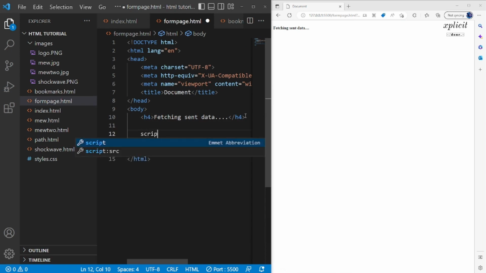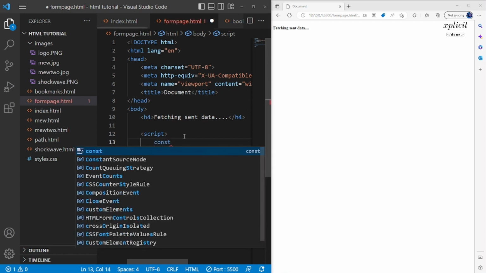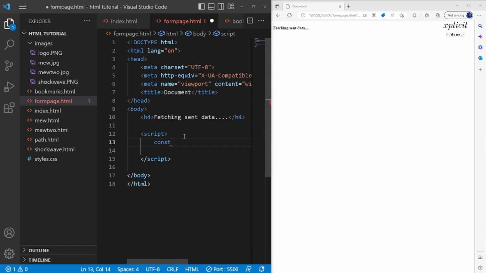You can use JavaScript to get, because everybody can see the data, even JavaScript can. So because we know the data that we're looking for, let's just go ahead and say const your username is,